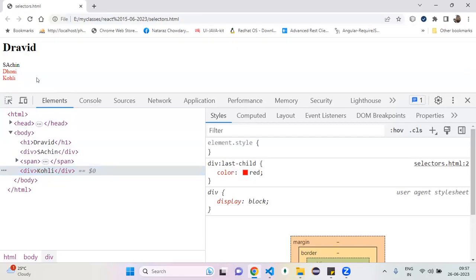Last child of any parent, first child of any parent. All are okay? Yes or no? Agree with me? Okay. Okay then. Now,